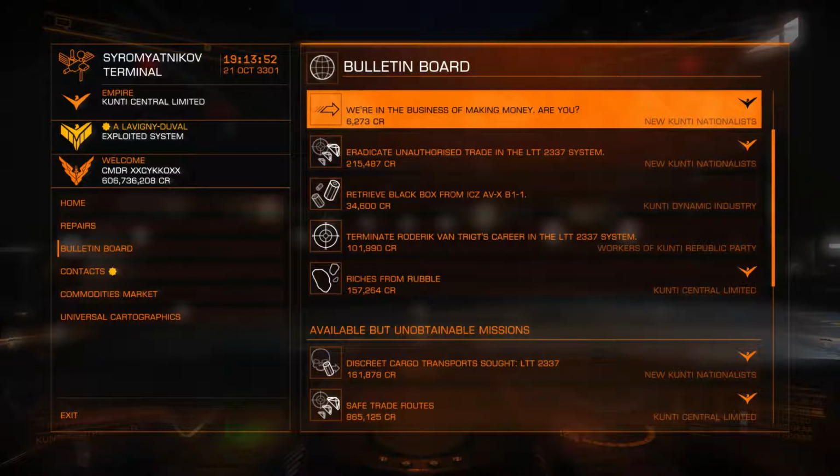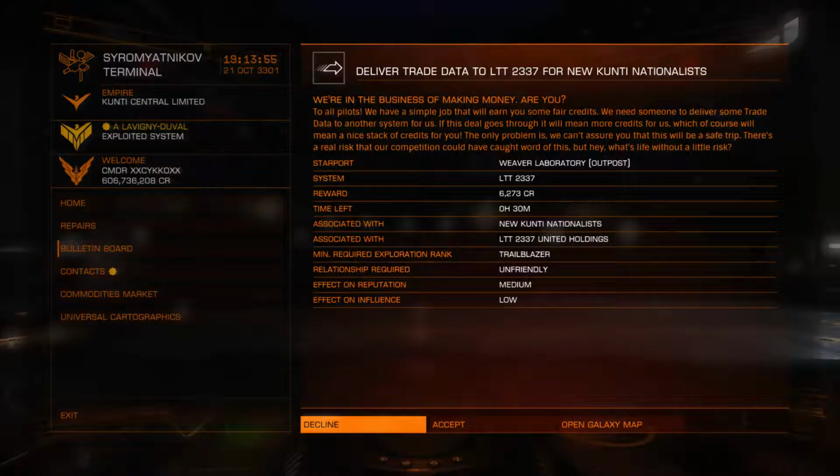a information transportation mission. So it says, to all pilots, we have a simple job that will earn you some fair credits. We need someone to deliver some trade data to another system for us. If this deal goes through, it will mean more credits for us, which of course will mean a nice stack of credits for you. The only problem is we can't assure you that this will be a safe trip. There's a real risk that our competition could have caught word of this, but hey, what's life without a little